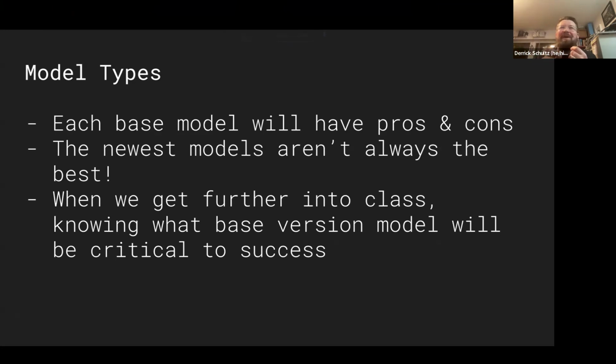Partly that's because 1.5 was trained on a bunch of unsafe imagery, let's say, trained on pornography, trained on all sorts of other things. And that community tends to love that stuff. So they still want 1.5 because it's got all the dirty images in it. Whereas Stable Diffusion 3 is kind of hated by the community right now because they did a bunch of stuff to make it safer, which you could argue is good. But a lot of people complain that it hurts image generation and other things. So you might think, just grab the latest version and that's great, but most people will tell you that's not how you want to work.